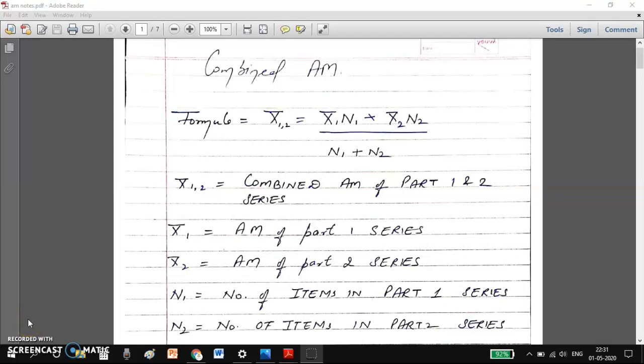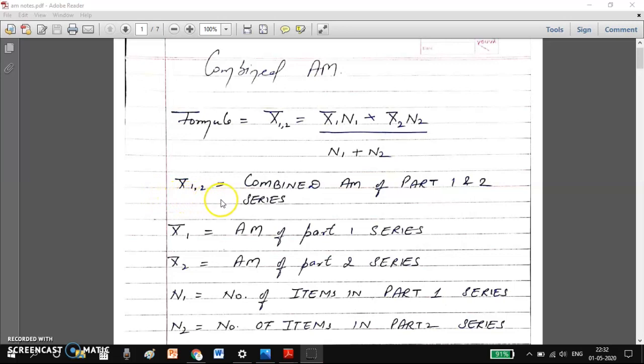Good morning, students. Today we are moving to another term of arithmetic mean, that is combined mean. So first learn the combined mean, as we can well judge by the name, combined. In the formula we are having two means and two n's, and this is how we go with the formula: mean 1 multiplied by n1 plus mean 2 multiplied by n2, divided by n1 plus n2.